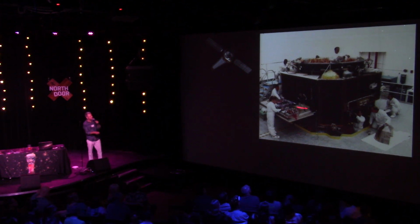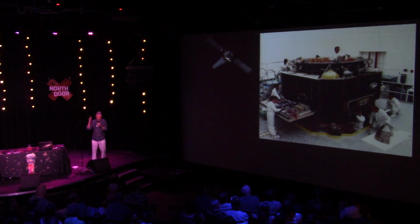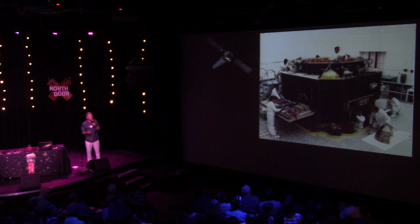This is the shake test for this thing. When you build a satellite, you have to shake it all and test to see whether it destroys itself or whether it will actually survive the rigors of a launch and all the vibrations. So this was a shake test, and thankfully everything didn't fall to pieces. It has happened on certain satellites. But Chandra survived, and Chandra was built, and then that takes us to